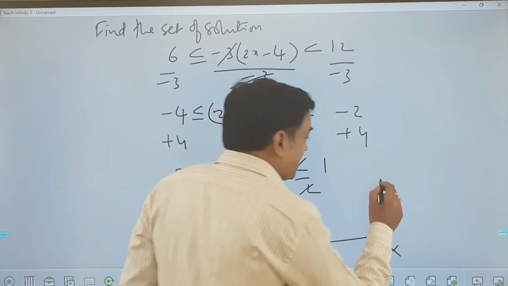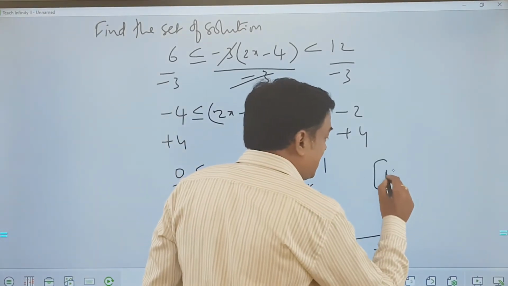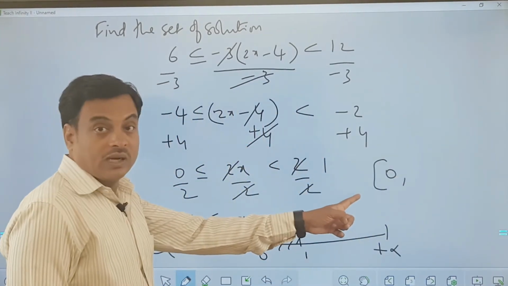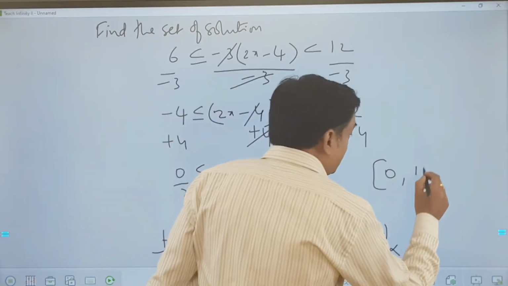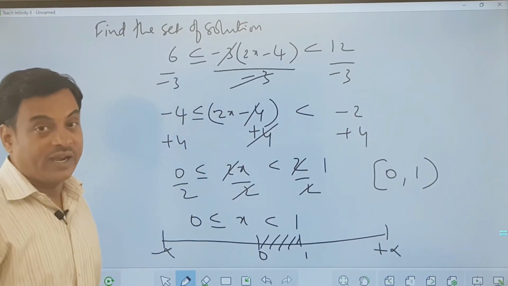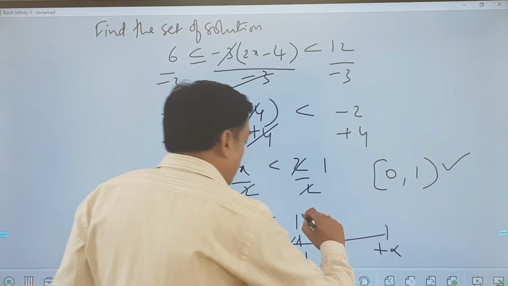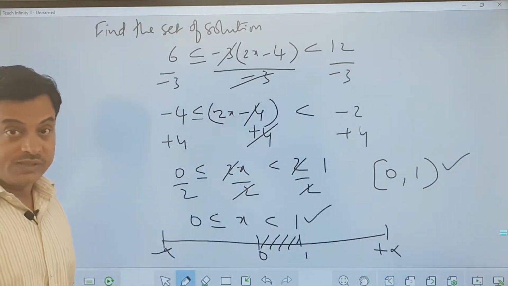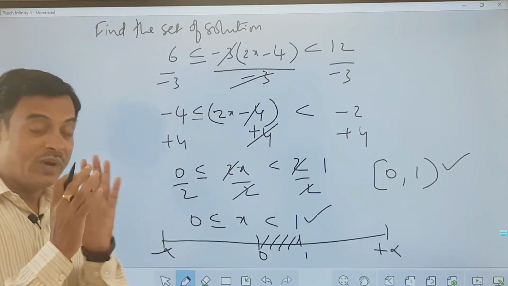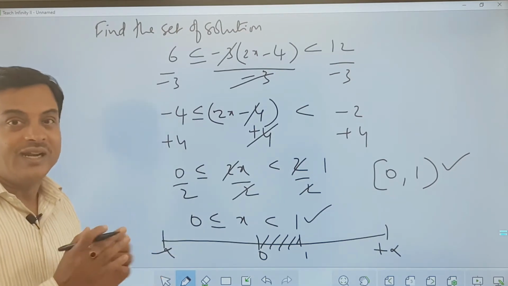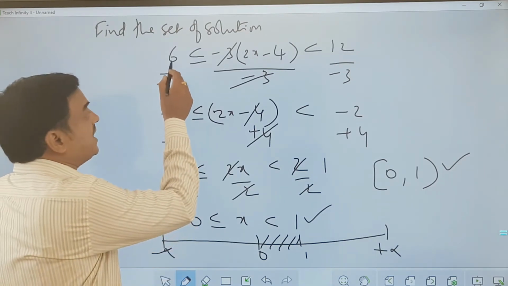So how do we write this answer? We can write this answer with 0 included, a closed interval, and 1 excluded. This is your final answer. Okay, so the answer should be either this, my friends, in the options, or this should be the answer in the options. The only step which was very important here, and we need to really understand that, is this was initially